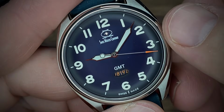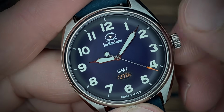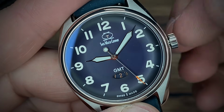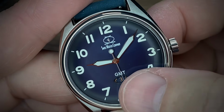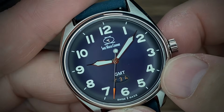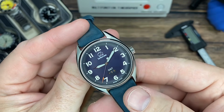And I really wish inside the GMT QuickSet feature that the hours would go in hour increments, just because when they're freestyle like this, you've really got to line up that GMT time when the minute hand is at the top of the hour. So now that I pointed out what could be considered some flaws with the GMT wheel,